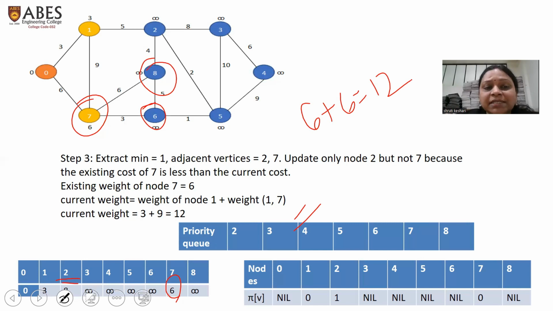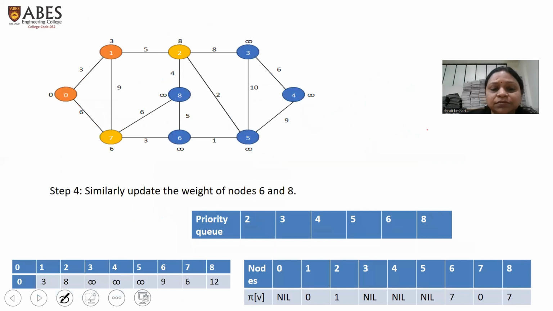And when you're talking about vertex 6, you need to update this value by 6 plus 3, that is 9. This value will get updated and the parent will also get updated. Here you are getting the values of 6 and 8 as 9 and 12, and you have updated the parents as 7 and 7. And 7 is also removed from the priority queue. Next, what is the minimum value? 0 is already visited, 1 is already visited, 7 is already visited. In the priority queue, which one contains the minimum value? You can see here that